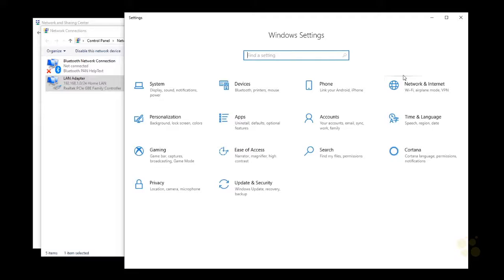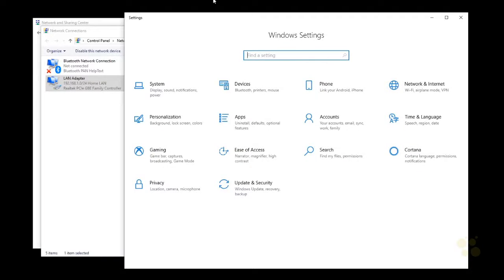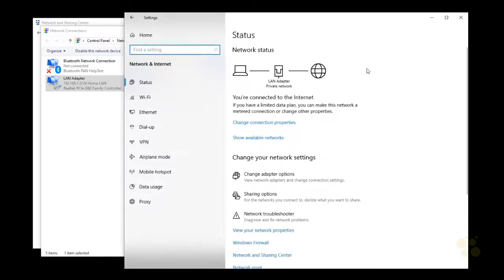I shouldn't even say simple. Microsoft tried to be friendly in the new settings app, and that's good if you like friendly things. I like getting into the grit, so I like a little more control panel. Even command line, you can change your IP address, but let me show you how to do it the friendly way. So open the settings, go to network and internet, pops up and says, okay, well, let's change your connection